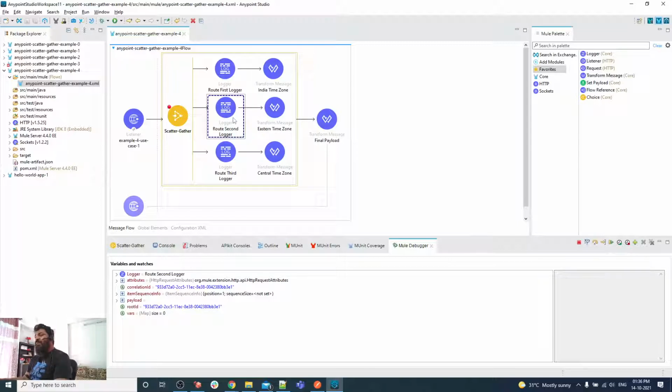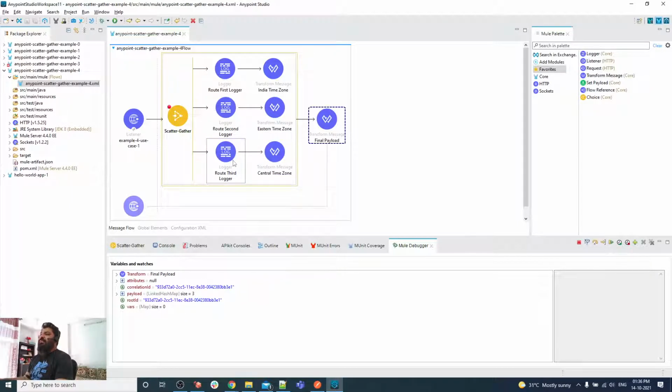Previously, when I pressed F6, my third route logger was executing, because no max concurrency was defined, but now I have defined max concurrency 1. It means that all my routes are executed by one thread sequentially. That's why it has happened. I press F6 again, then the second route execution is completed. Now third route execution is started, and this is completed, and finally I've got the response.